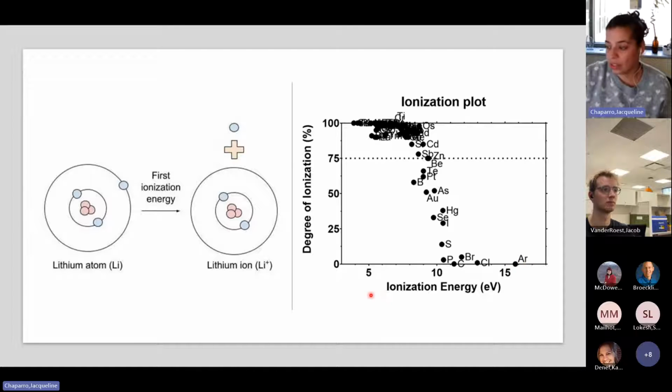As we can see here, this is the diagram of the ionization energy for each of the elements, and the percentage of ionization, or how much of that element can be ionized. You can see argon here has a little bit over 15 electron volts for its first